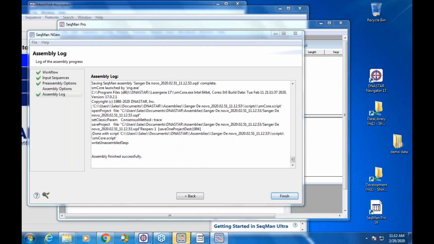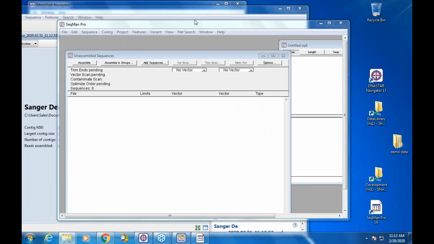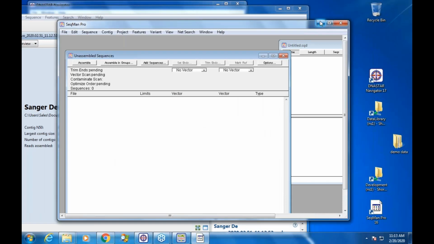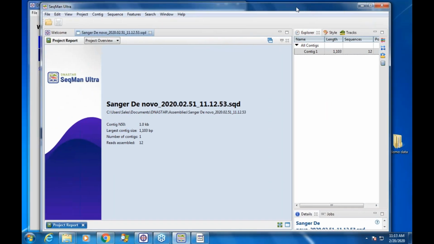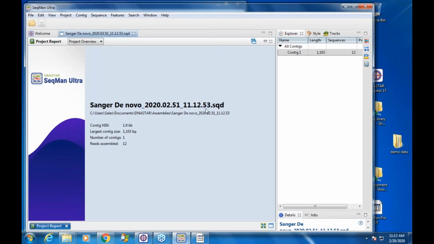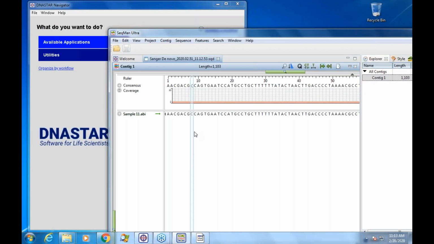So it allows us to run and bypass those pages. So it'll assemble very quickly. When I click finish, we'll get SeqMan Pro out of the way there. And now there's my assembly. It auto-named the project because I didn't go all the way through the wizard to set a name. So here's my assembly. And like classic SeqMan,